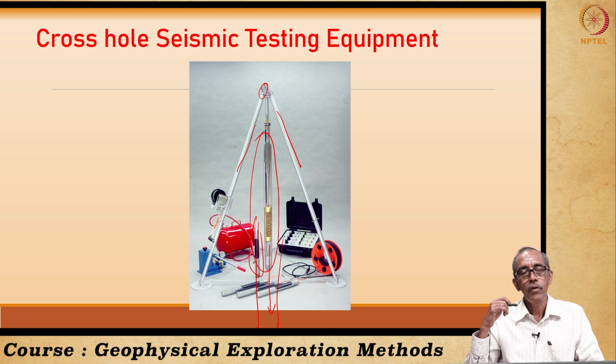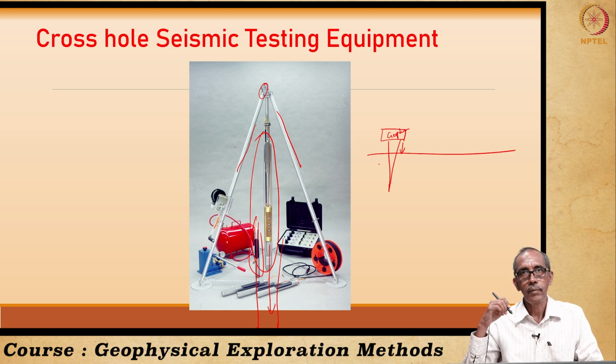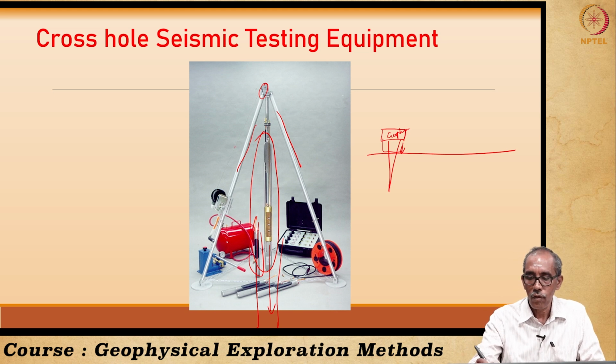And the geophones that are used for cross-hole seismics are specially designed, because the surface geophone we had seen already. A geophone is something like this with a long spike. We used to push the geophone into the earth. So, the surface geophones are firmly grounded with the help of a spike system. So, it has a firm contact so that it can pick up the signals that are received.